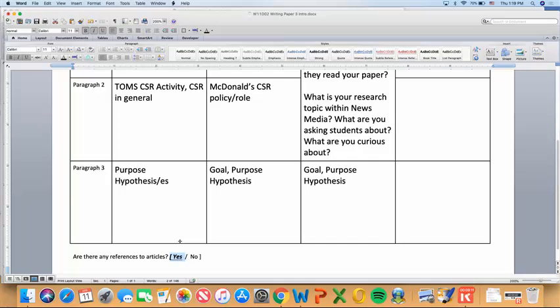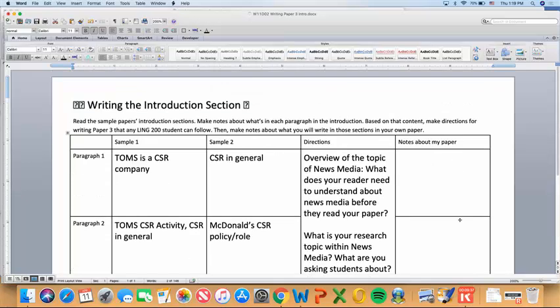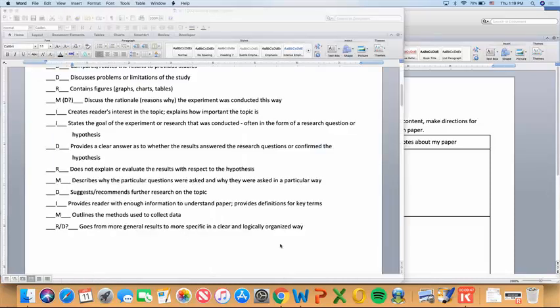Who feels good about writing the introduction? All right, okay, so that's okay. Go home, think about it, look at these examples some more. I'm collecting the papers, but the papers are on Blackboard, so you can read them, you can print them, you can do whatever you want with them. But I want to collect those just to reduce paper waste. Now, if you want, you can go home and make notes right here. You don't have to do anything. This is your reference. Now, turn the sheet over and do the same process with the methods.